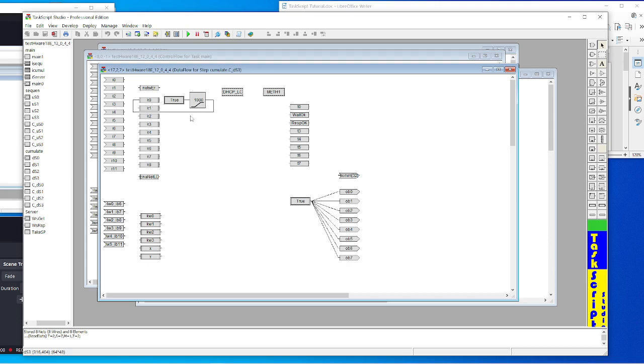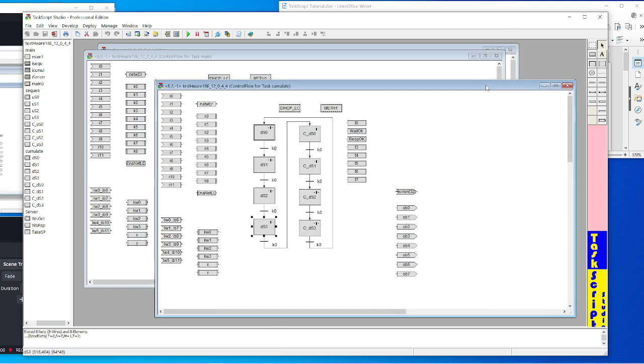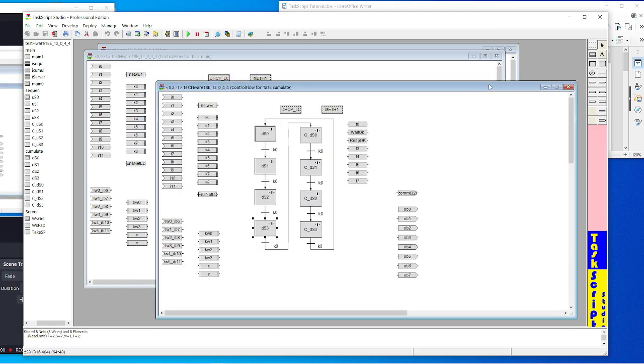Then after 1 second has elapsed, we go back here and we start our loop again, over and over again. So this is how TaskScript works. Very easy to learn and to understand. So we can do very easily a lot of simple tasks,